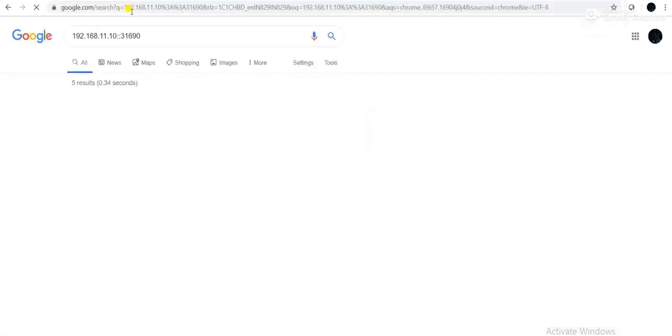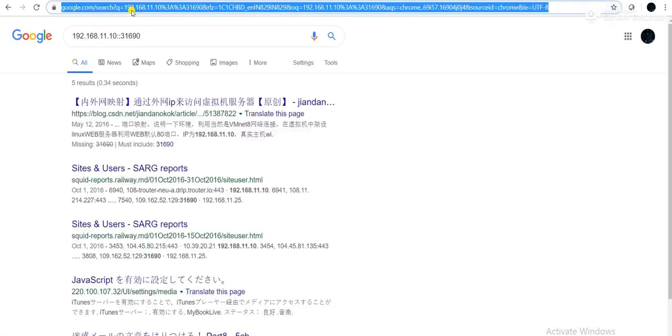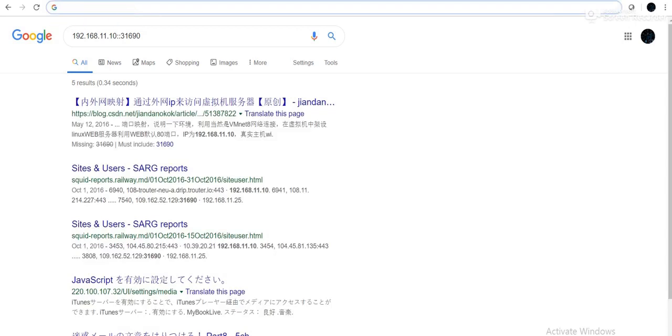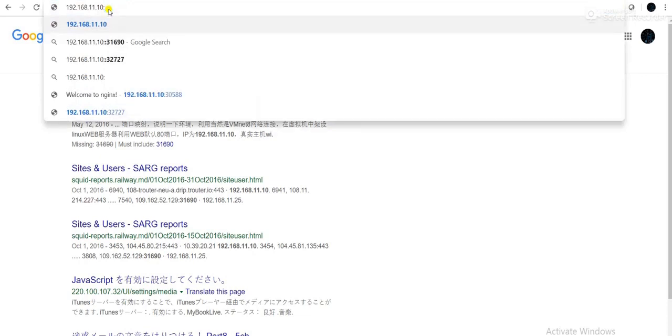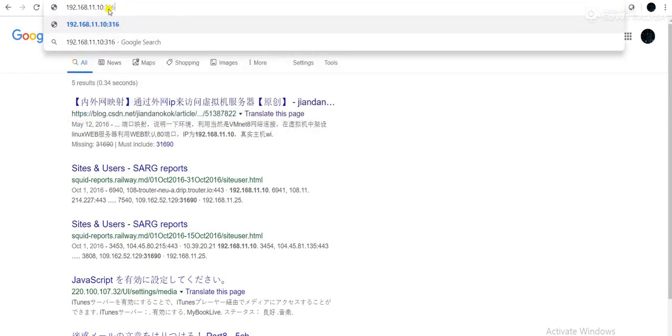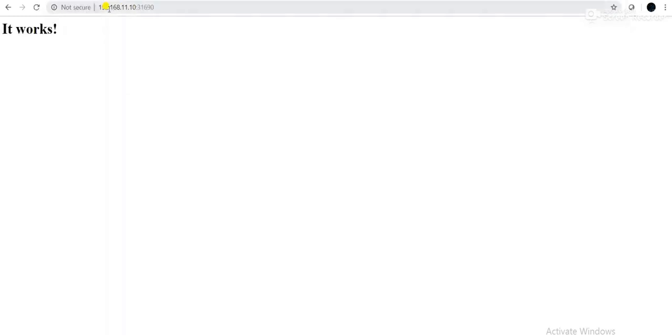Colon 31690. Okay, enter. See, now, because my container is an HTTP container, so it's kind of the default, they have created some index page. It works. Okay, so now from the outside we are able to access the container.